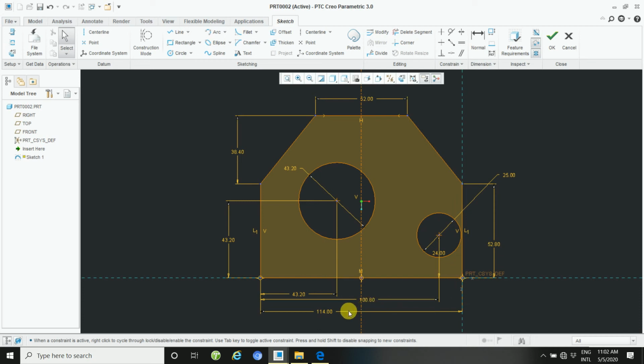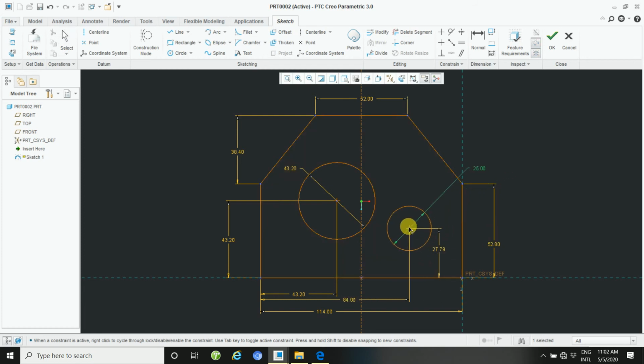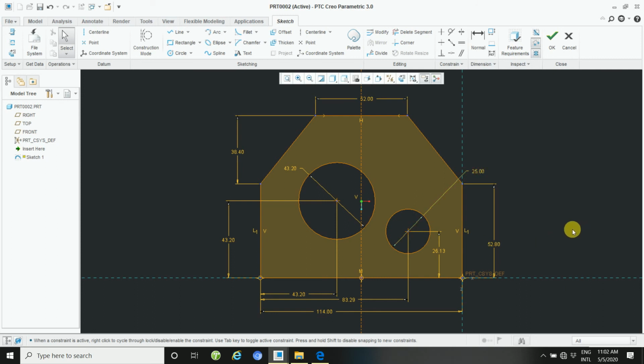It's fine. 43. It's 25. Let's see, I think the height is 24. And this dimension is taken 43, 100.8, but as per your drawing, you will take 85.